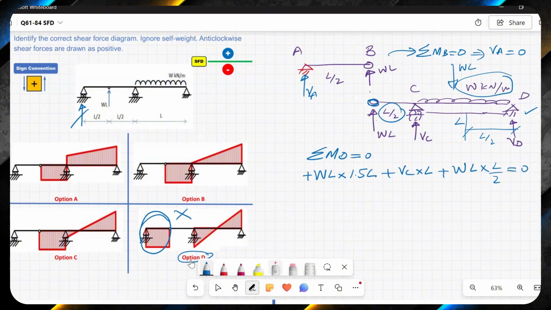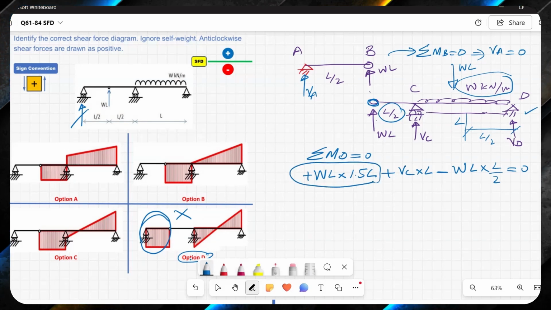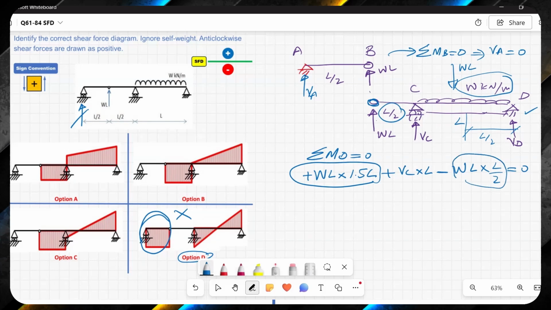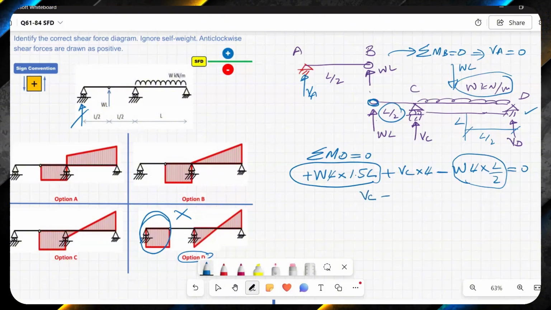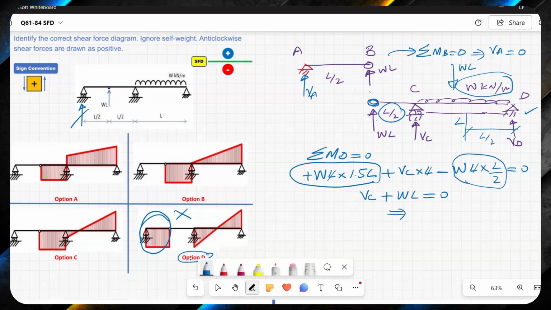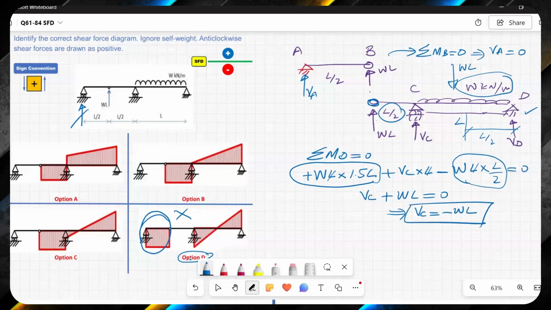This will not be positive. It is creating an anti-clockwise moment, so it is negative. So I have 1.5 WL square, minus half WL square, so it will give me WL square. And L will get cancelled in all of them. So it will give me WL. So VC plus WL is equal to 0. And from here, I can say VC is equal to minus WL,